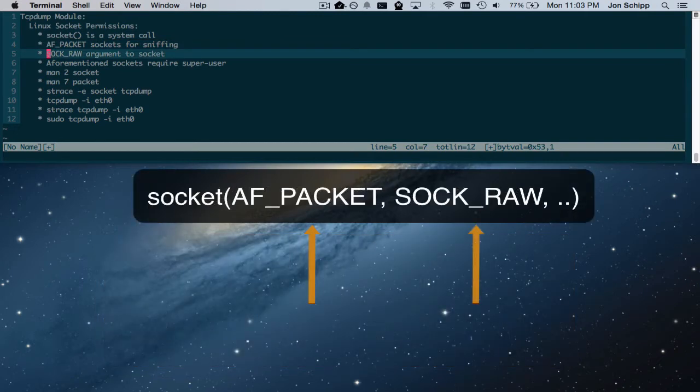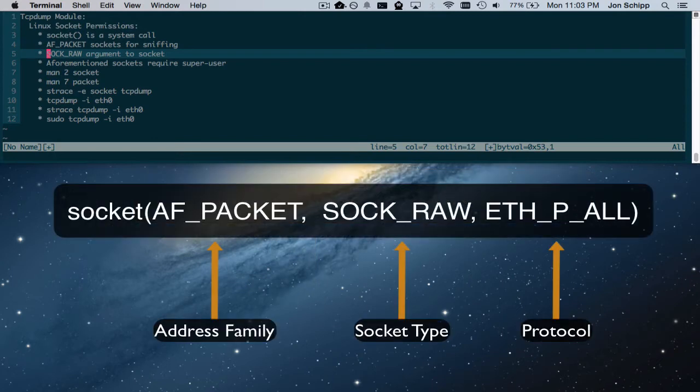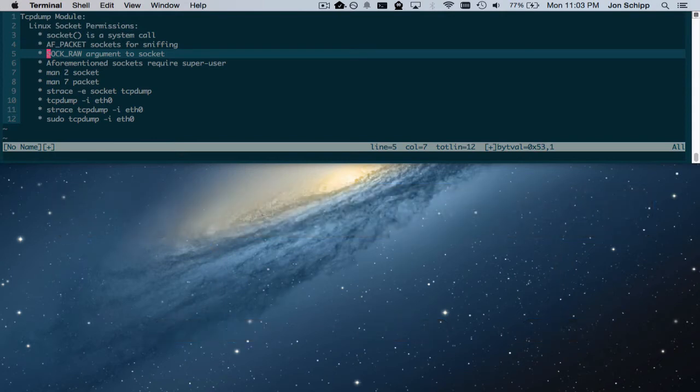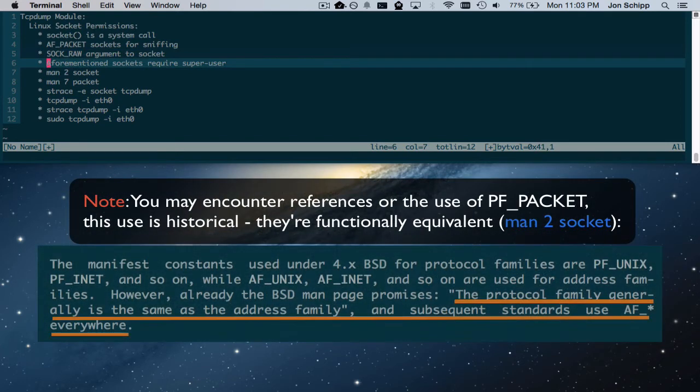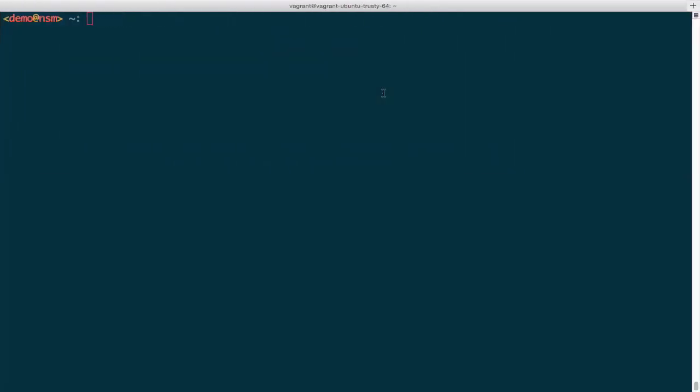And we're also passing a SockRaw argument to these types of sockets. So these two attributes, the AF packet and SockRaw arguments passed to the socket system call, are what is commonly used in sniffing applications. Another thing to be aware of is that these types of sockets, the AF packet SockRaw sockets, require a user to be a super user to actually open the socket. So let's go ahead and move over to